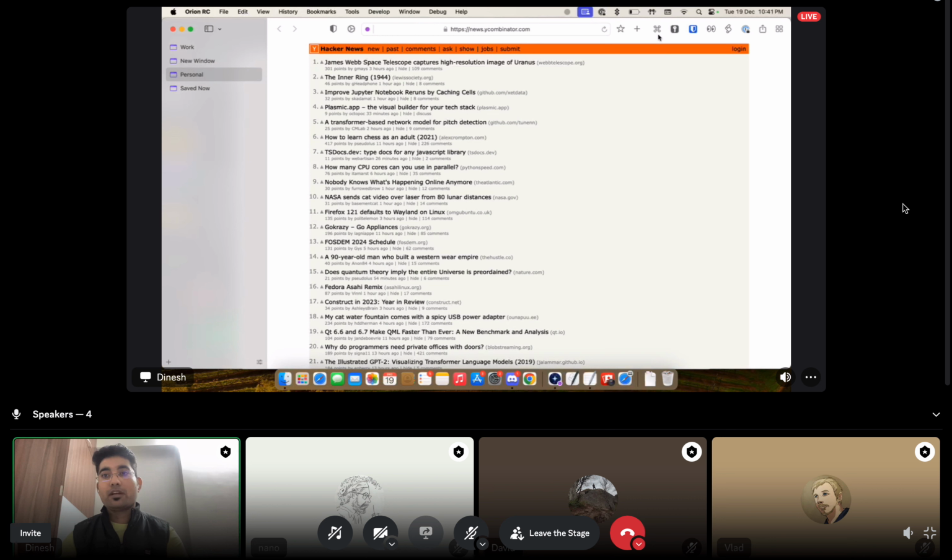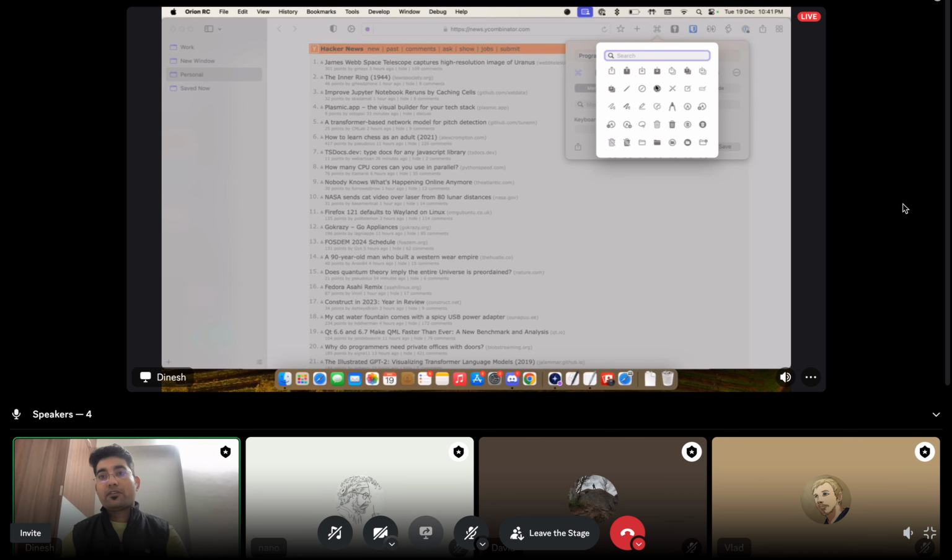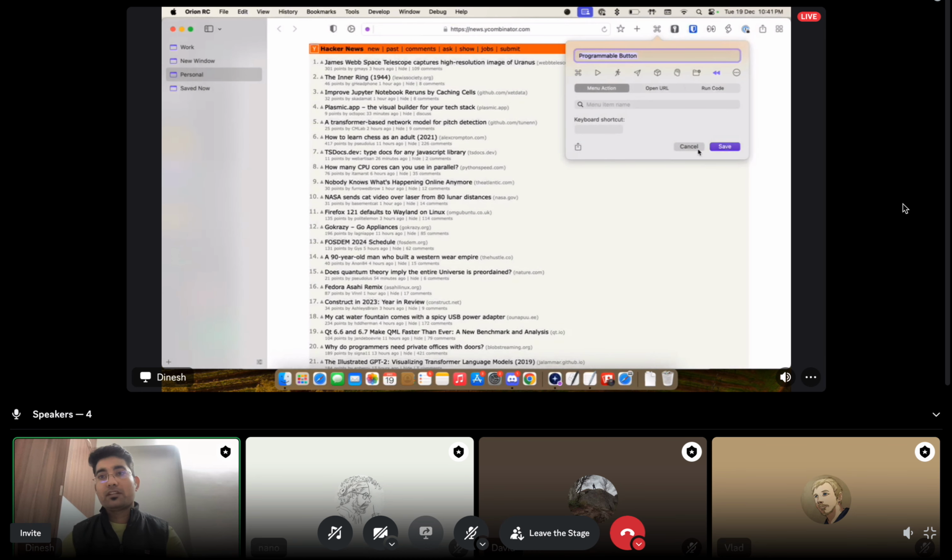So now you have all the configurable options. It can be customized completely how you want. You can select your own symbol to uniquely represent your programmable button. Anything you want here, you can just pick, name it something,